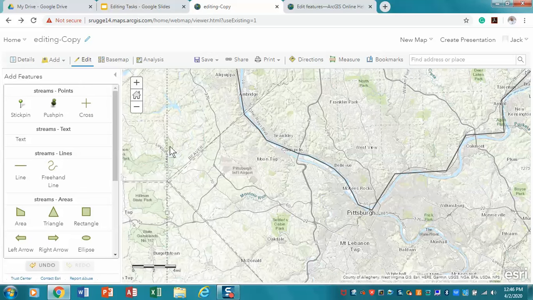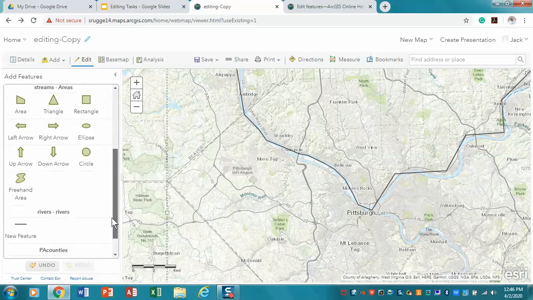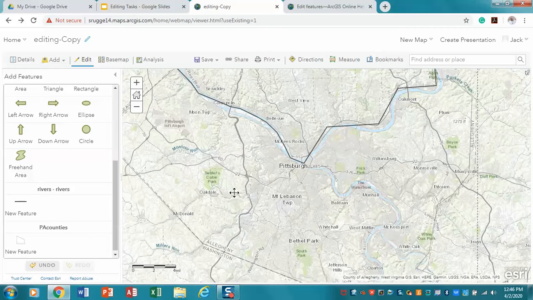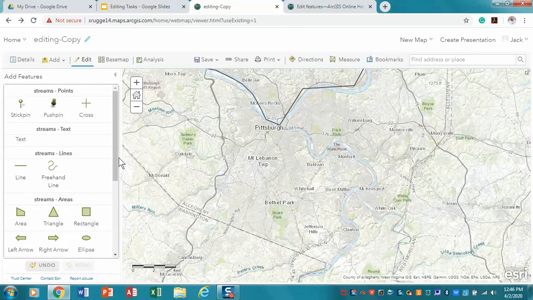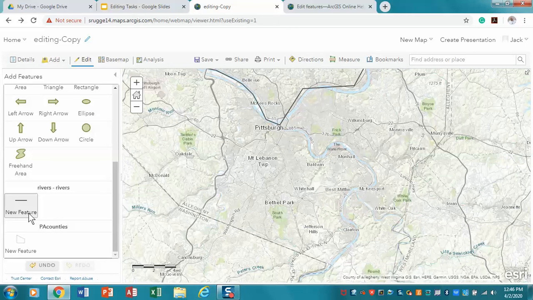The next piece, though, that I want to do in my rivers is I want you to add the Monongahela section, and that's this part right here. Now remember that in rivers, a new feature, so again, this is what we're going to be doing. We're going to scroll down, we're in new feature, and if I use the control key, I'm going to get close to this, and I'm going to click the control key, and that means that I'm going to start there, and then I'm going to move a little bit and click again,